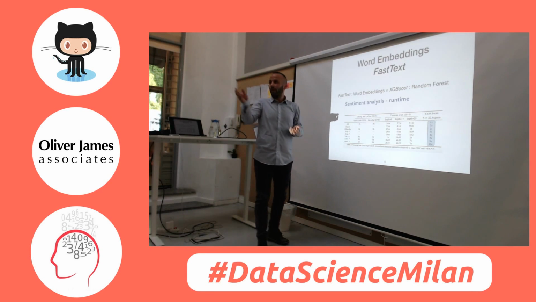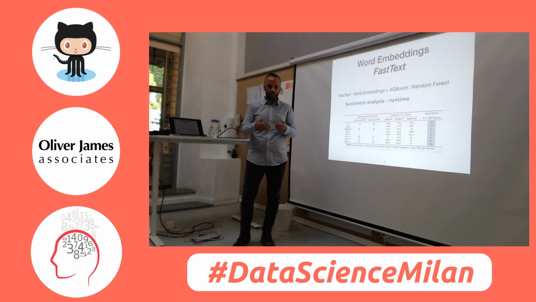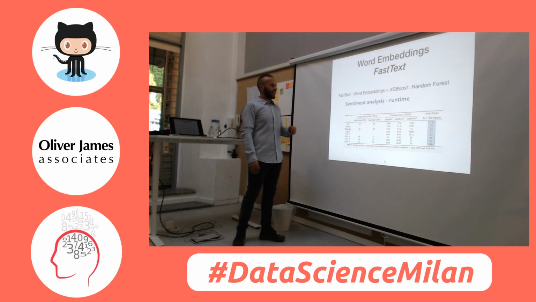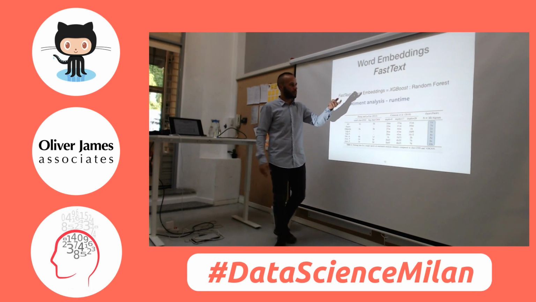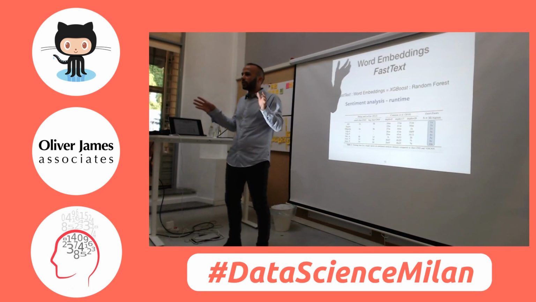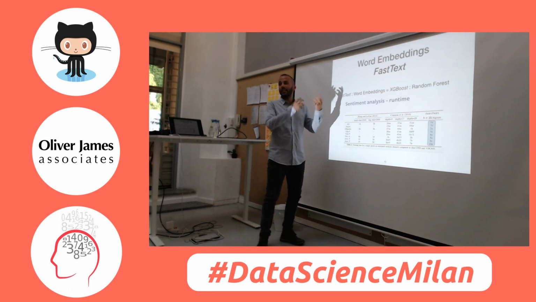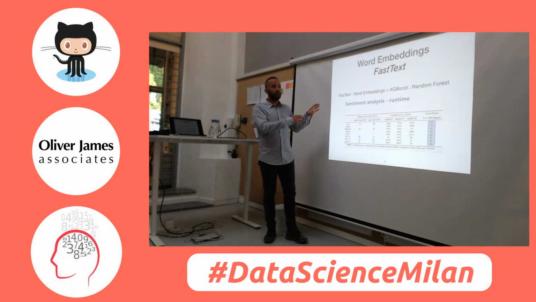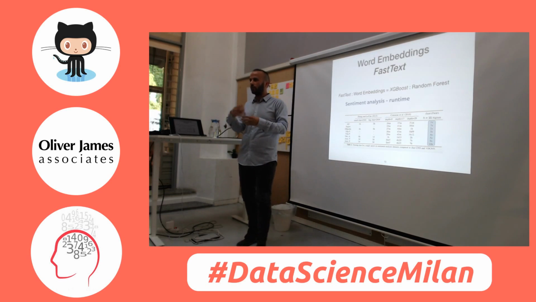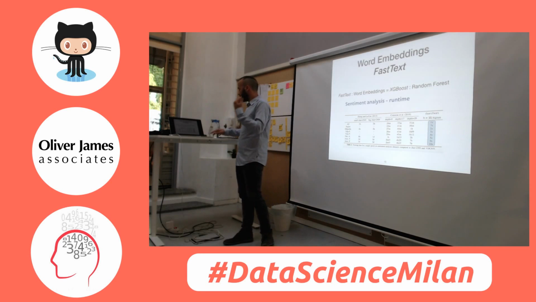But I like to say this: everybody knows Kaggle or has heard of it. It's a competition platform where data scientists do competitions with data. I once read a quote from somebody that won a competition that said, when you're in doubt, just use XGBoost. So what I like to say is that you do the same if you're doing text mining, and if you want word embeddings, just use fastText. It's going to save you a lot of time. It's just 1 line of code or maybe 2 lines, and you achieve the same results as all the others that I spoke about.